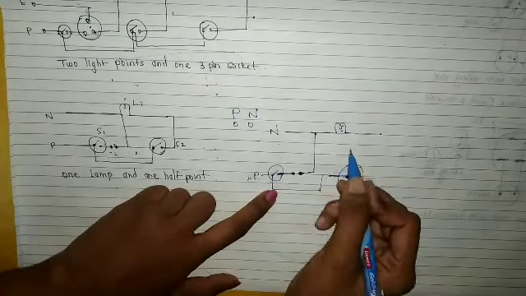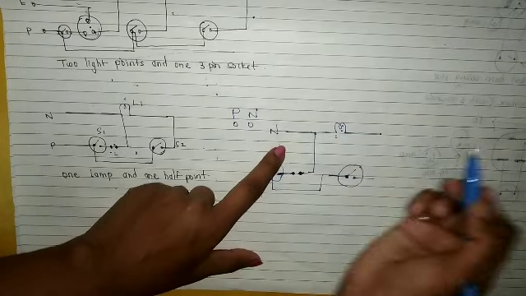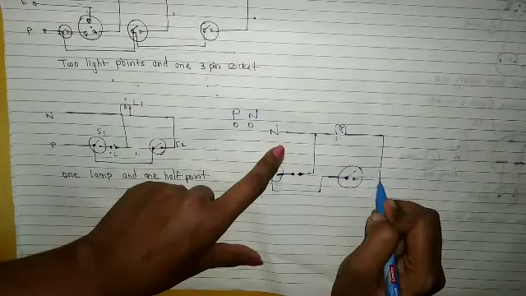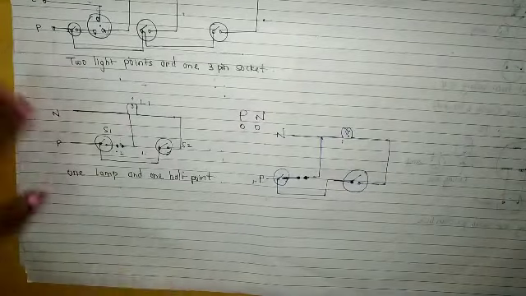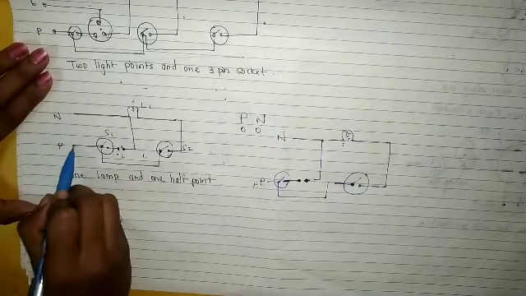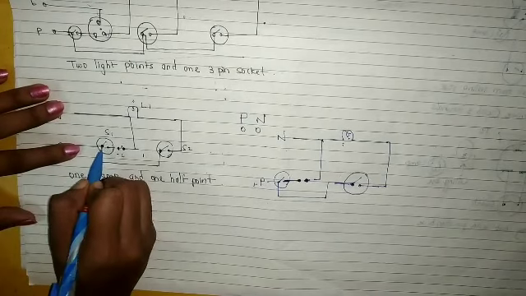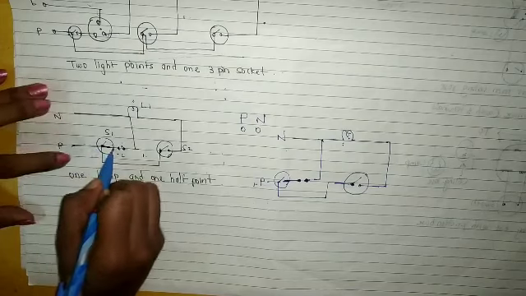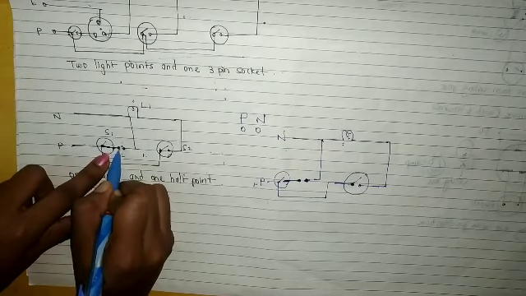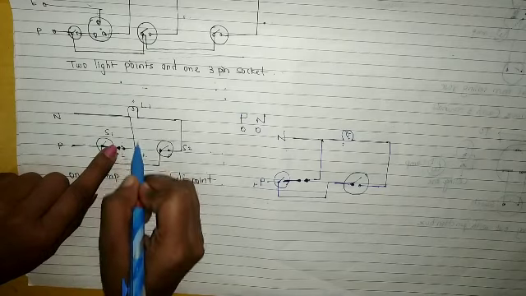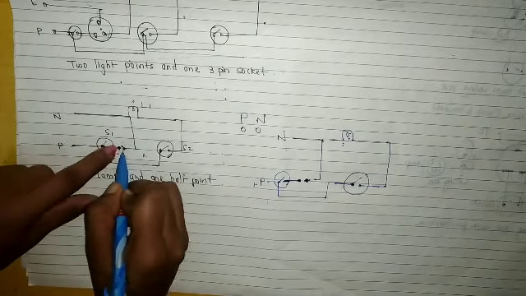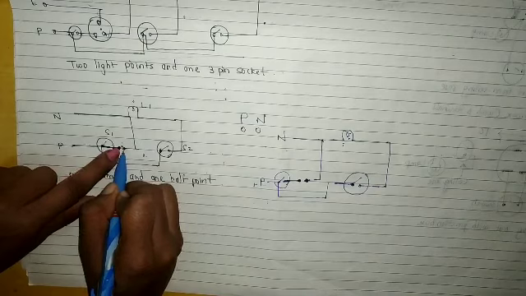So now will the circuit of this glow? No, because the circuit is not completed. So we have this circuit, and this is how we have to draw. Whenever this switch is on, then this will be the position. So the current will come from here and it will go to this half point. So the phase wire is now connected to this half point and neutral is coming from here. So whatever appliance we connect here, it will glow.